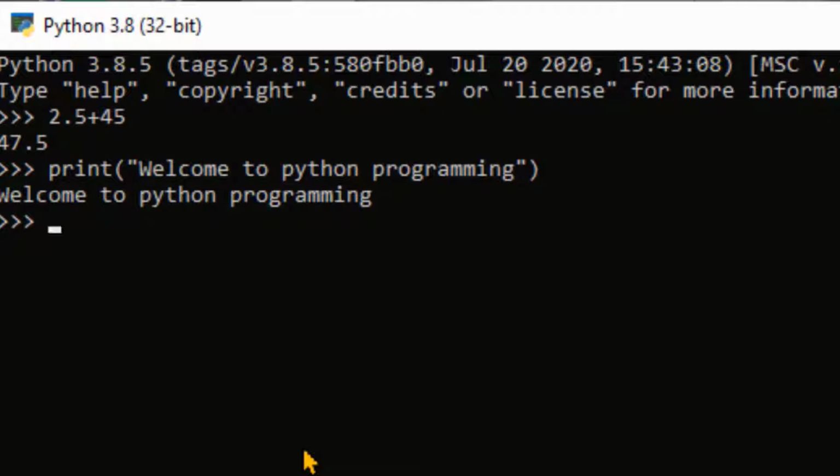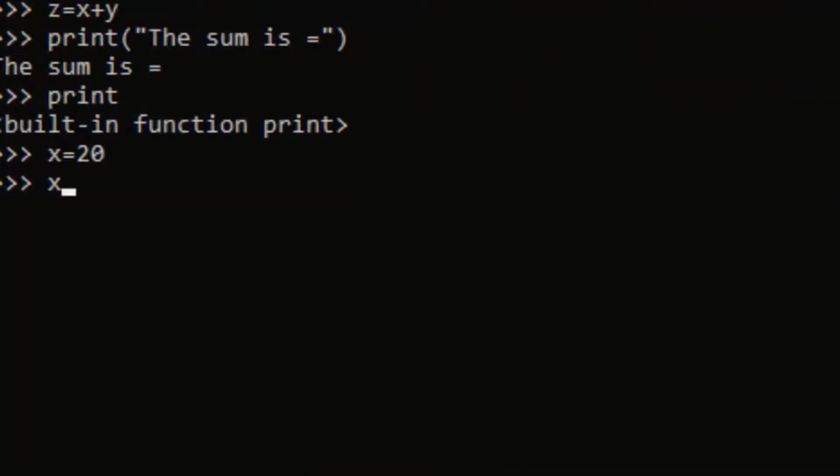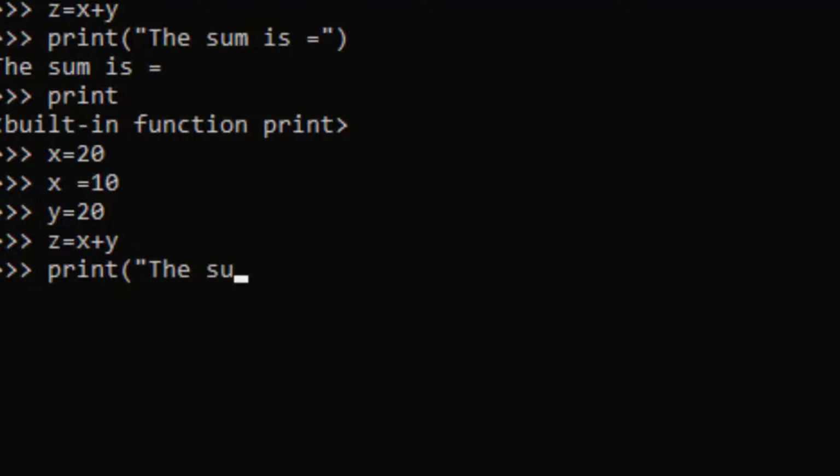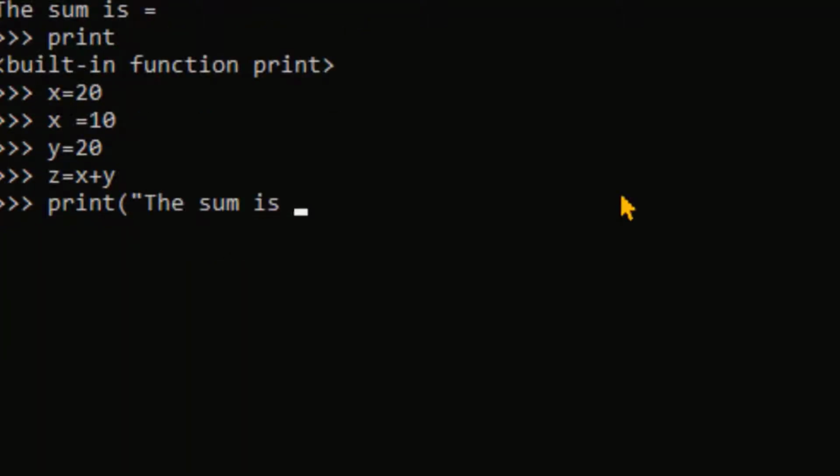So I just use a simple addition program. X is equal to 10, Y is equal to 20, Z is equal to X plus Y. Print, open the bracket, double quotes, the sum is equal to, and I close the double quotes, comma Z and close the bracket.